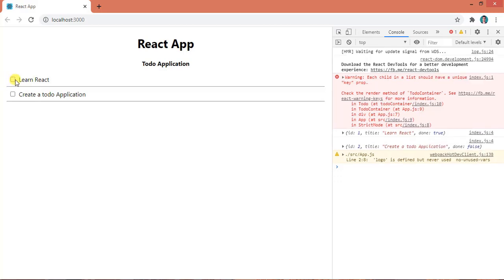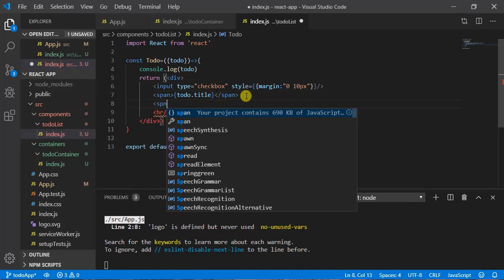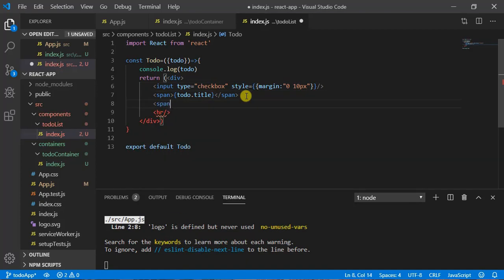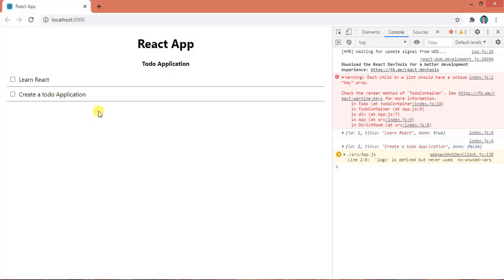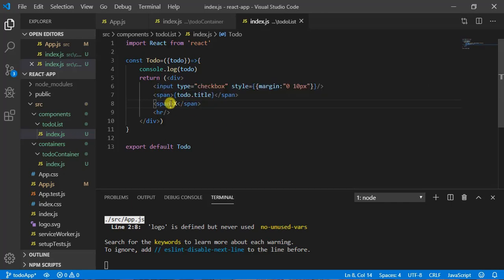Okay, the next thing I wanted to do here, we need a delete button, right? Let's create it in a span, write capital X here and save it. So you can see here we have this capital X. We need to make this X on the right side. So let's write the styling for this.